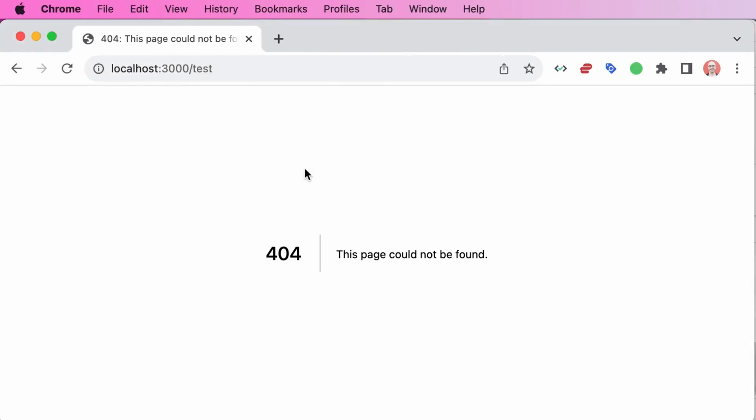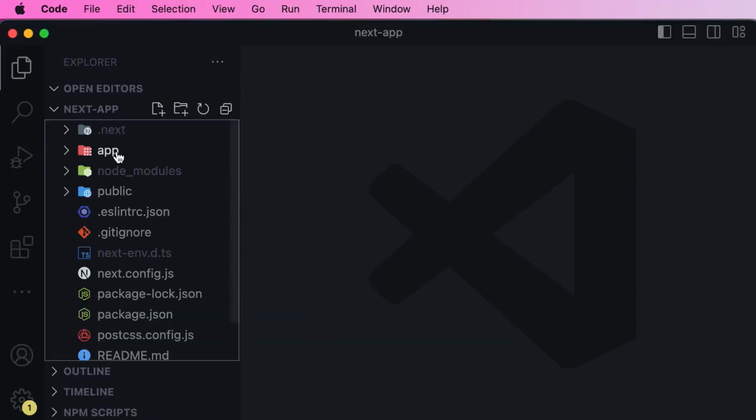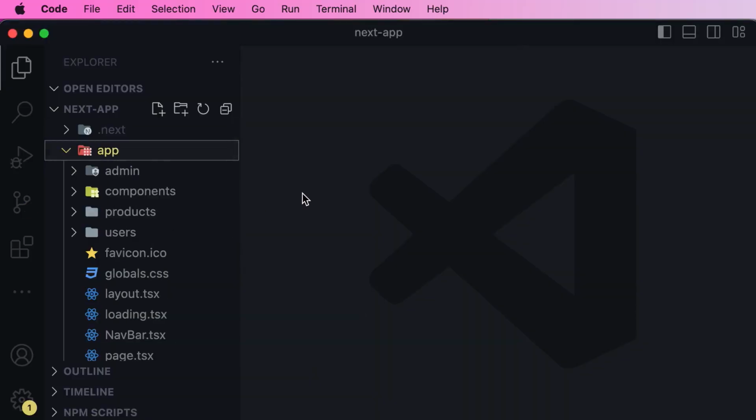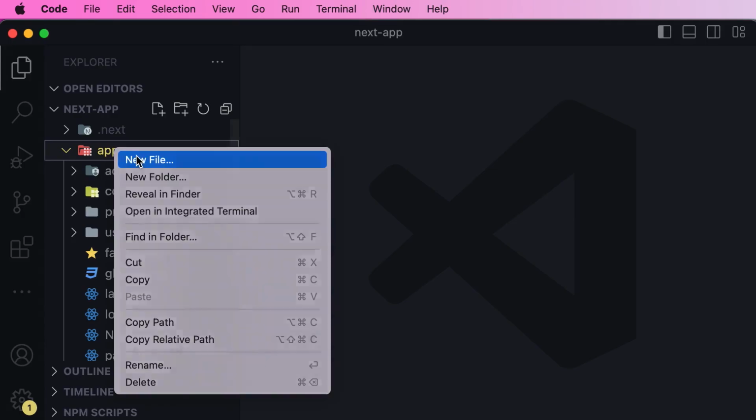In Next.js projects, if we go to a page that doesn't exist, by default, we get this 404 page, but we can always customize it. Let me show you how. So back to our app folder. Here we have another special file that Next.js router looks for. That is the not found file. So let's add a new file called